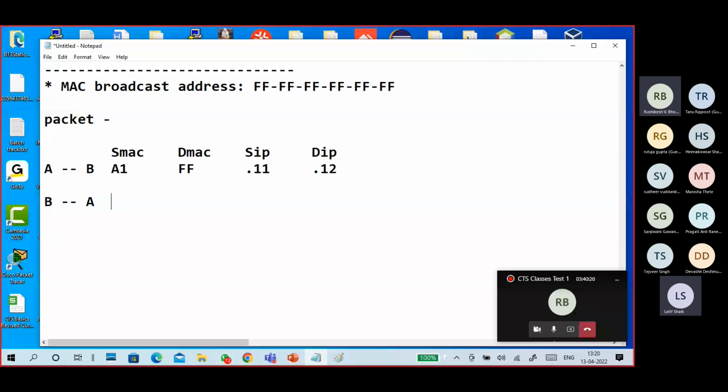So the B PC MAC address is the source MAC address. B PC knows its MAC address, right? The source IP is the B PC IP address. The destination IP is the A PC IP address. And what is the destination MAC address here? A PC's MAC address.